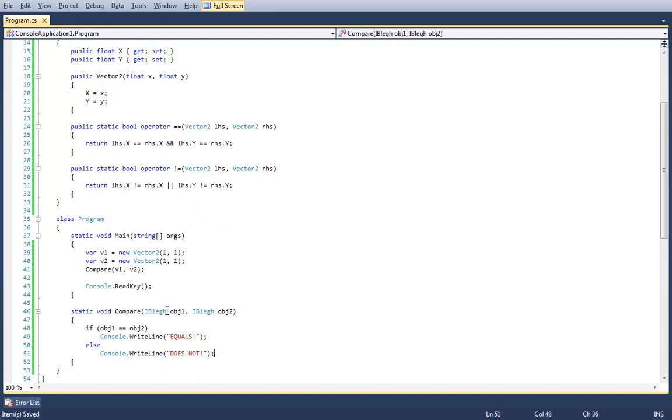This is something that people get tripped up on all the time. They're using the equality operator to compare two interface references, but that's impossible because these interfaces could be implemented by a variety of classes. The C# compiler has no way to determine that it should be using these operators instead of the default. There's no such thing as virtual operator overloading by nature of the fact that operator overloading is all static. And there's no such thing as, well, static overloading.